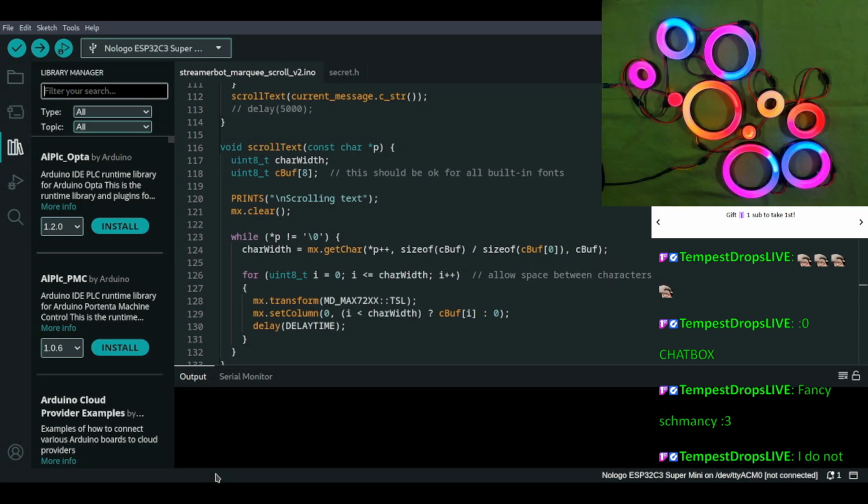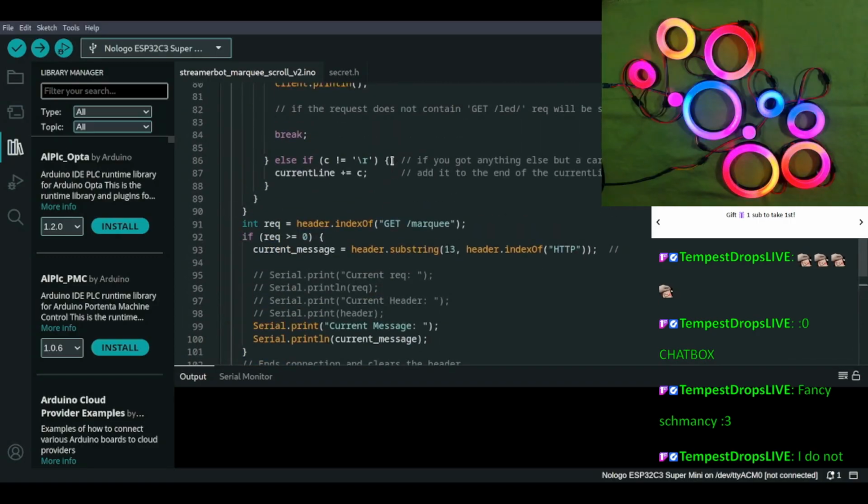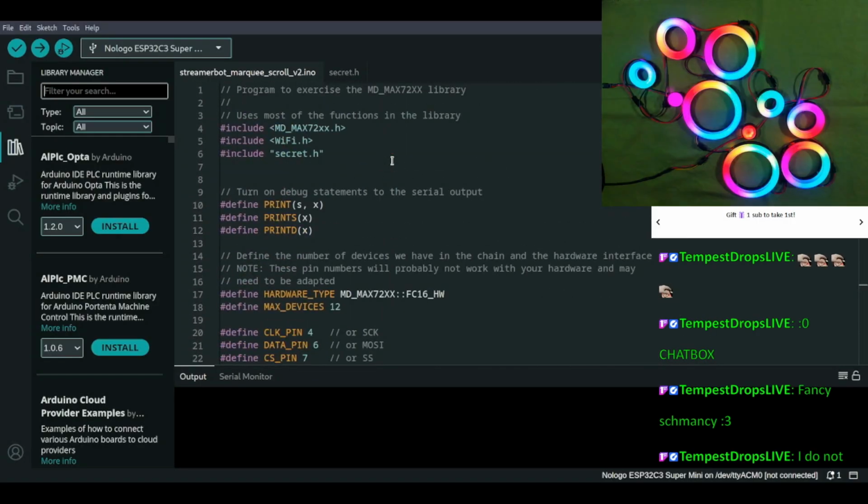This one's cool. So yeah, this one will go through some different demo light effects that we can use. And then the idea is, instead of going through in a sequence like they're doing right now, we're going to have them be called by the commands like we did before.